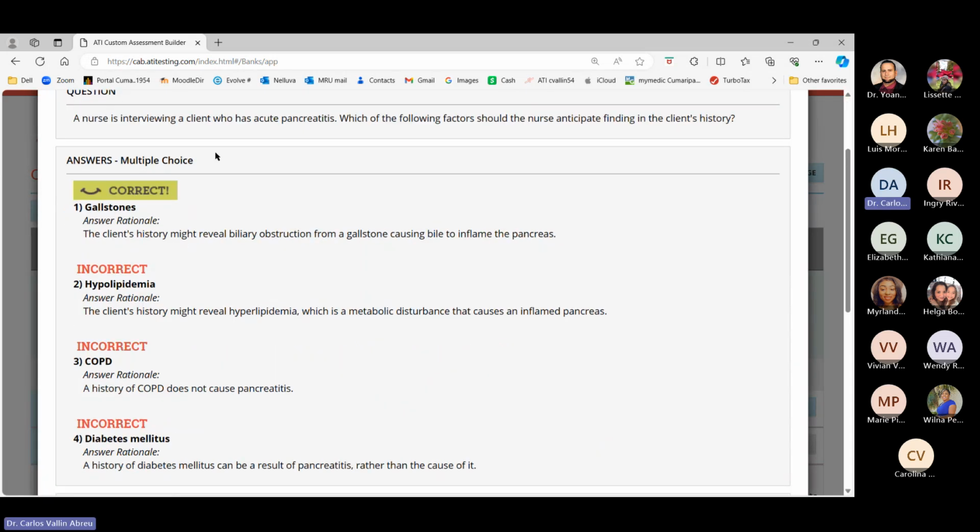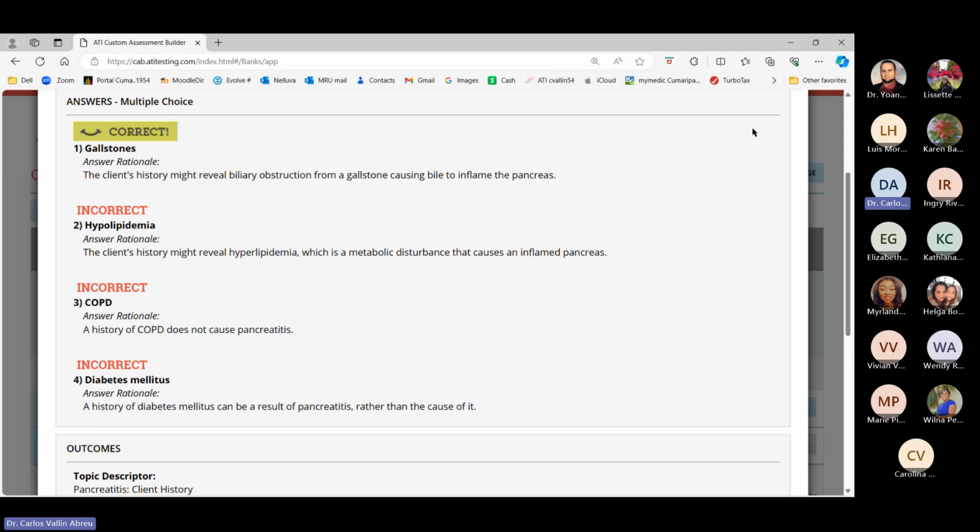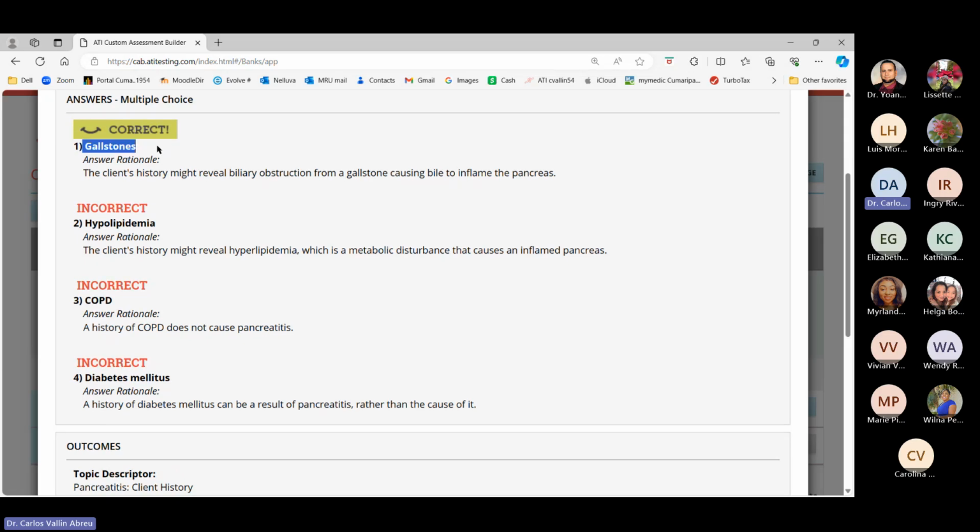A nurse is interviewing a client who has acute pancreatitis. Which of the following factors should the nurse anticipate finding in the client history? Gallstones. The most common cause of pancreatitis is gallstones. Apart from binge alcohol,